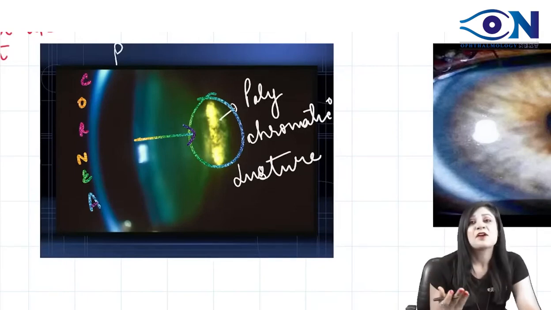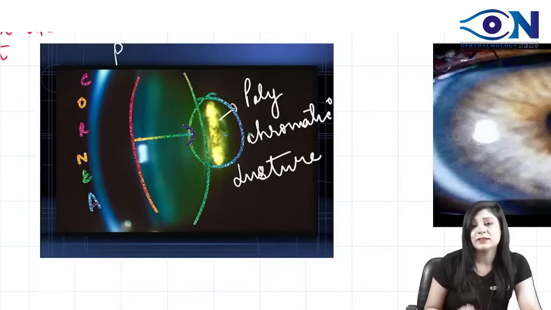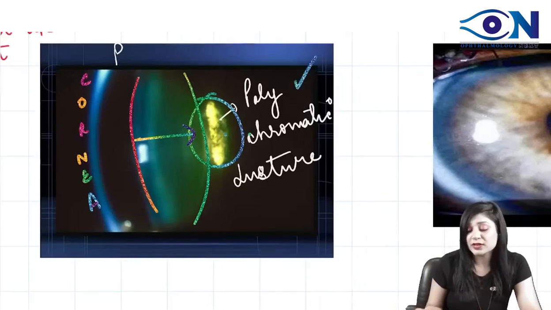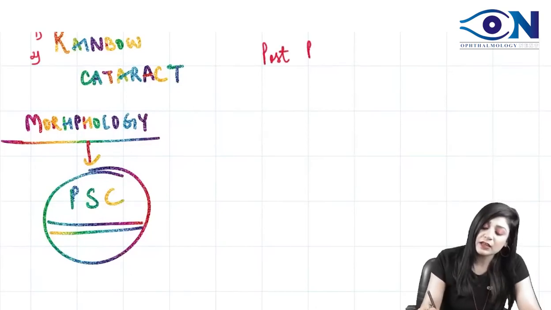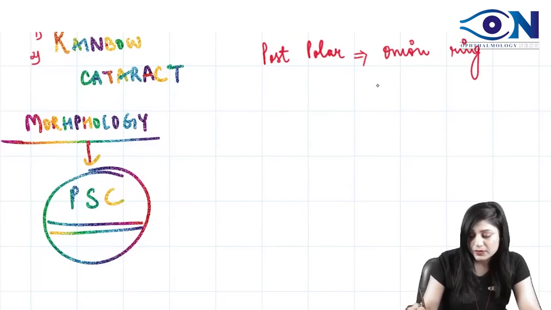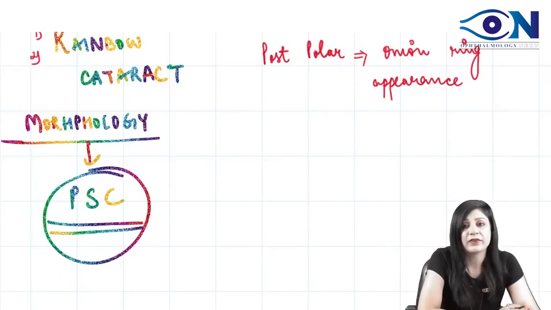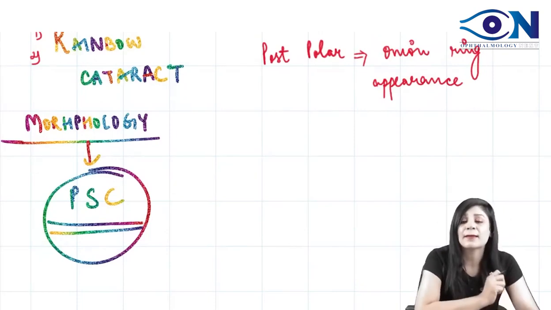Now another question, what is the typical appearance of posterior polar? Now this is cornea, this is lens. You are seeing in the center with the polychromatic luster. So it has to be posterior subcapsular, because if I am talking about the posterior polar cataract, this will give me the typical onion ring appearance. Yes? Did you get this now? You can call it cupuliform or posterior subcapsular cataract.